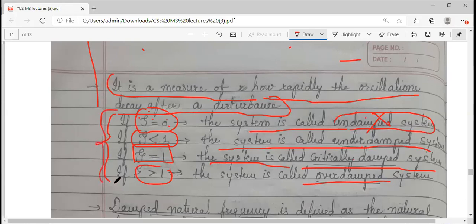So these 4 conditions are necessary and important for you to continue with the second order system analysis. You have these 4 values: zeta equals 0, 1, less than 1, greater than 1. You should choose these properly in order to continue the analysis. I'll explain: we will consider one system. It has its own transfer function, so we will try to find the response output of the system. At that time we have to choose any of these values. So let me continue.